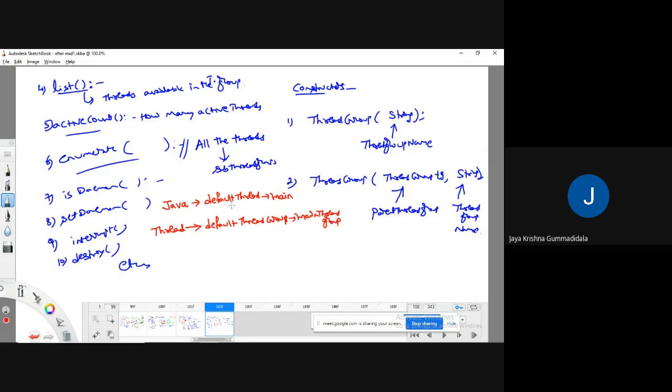Okay, fine. I hope you understood. In Java, if there exists any thread, then for that thread there exists by default one thread group.